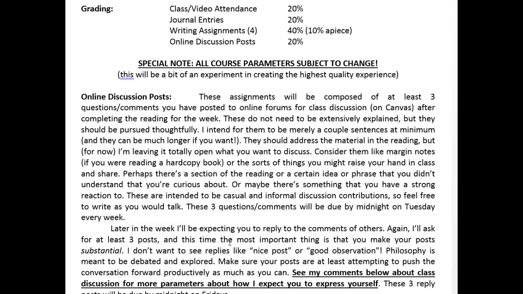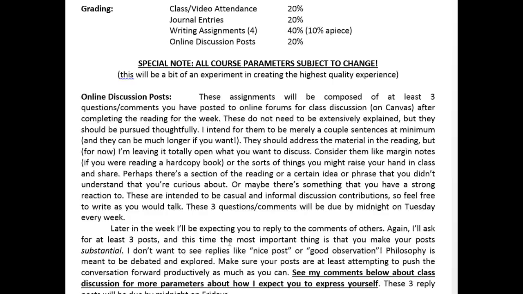And you'll see there on the syllabus that I say all course parameters are subject to change, as you know from Monday, that this is an experiment for me. First time doing things this way, teaching a class this way. So I'm happy to adjust it, very flexible about what's going to take place here with how the course will look by the time we get to the end of the quarter. So please always give me feedback about this in terms of what's working and what's not working and what you imagine could maybe happen that would be better for you. I'm very, very open to that kind of feedback. So that's the 20% for attendance.